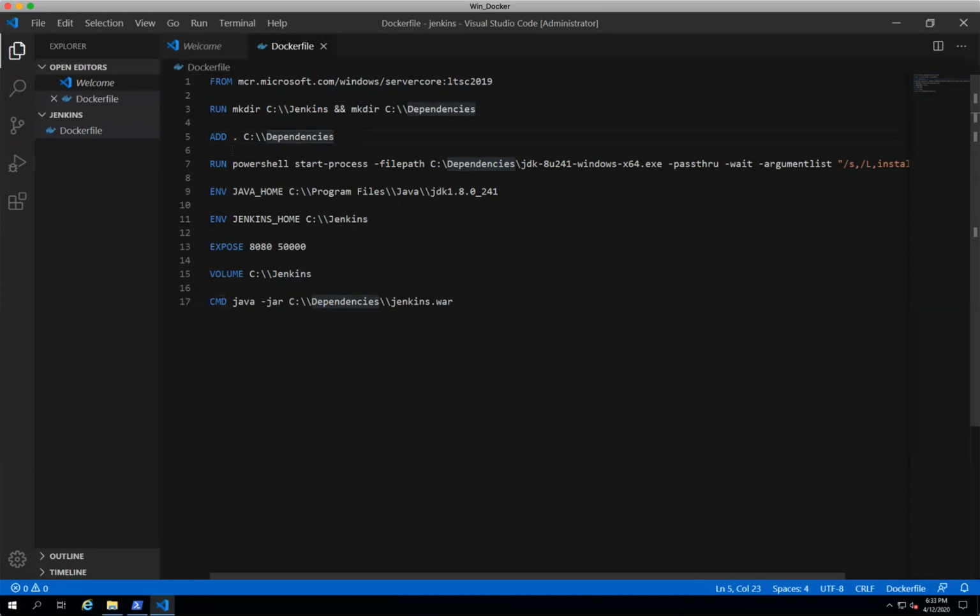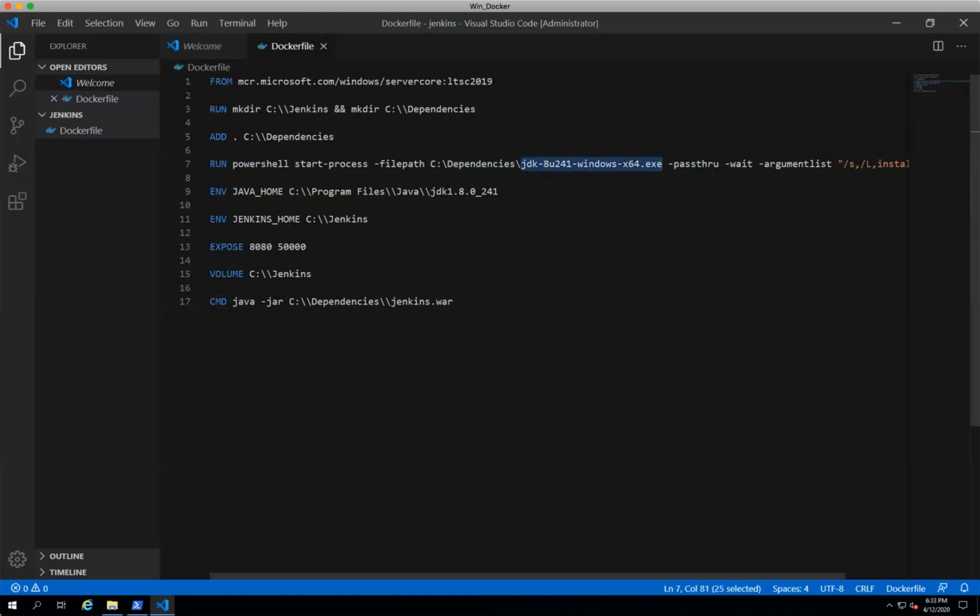Once those two files are copied to this location inside the Docker container, it will run a PowerShell script. This PowerShell script will start a process inside the Docker container and execute this file. We are going to download this Java file, right?